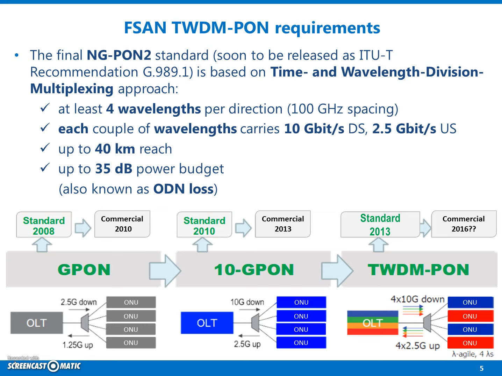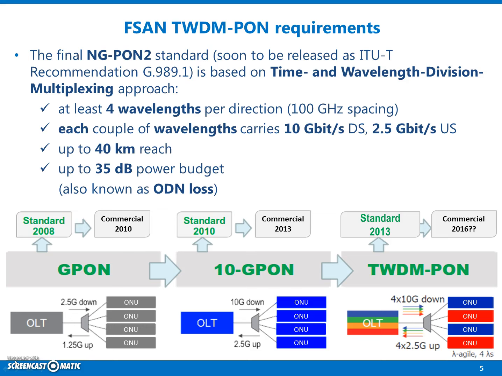In the last few years, ITU-T started defining the specifications for next-generation passive optical network architecture, also known as NG-PON2. The main requirements are the time and wavelength division multiplexing approach, supporting the transmission of 4 wavelengths per direction and sharing each wavelength among users on a time division multiplexing basis, a data rate of 10 gigabit per second in downstream and 2.5 gigabit per second in upstream, and up to 35 dB of power budget, also known as ODN